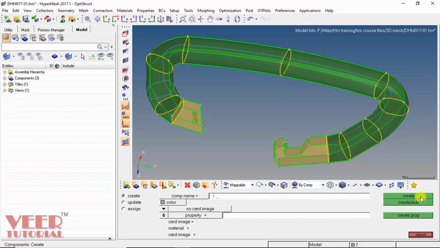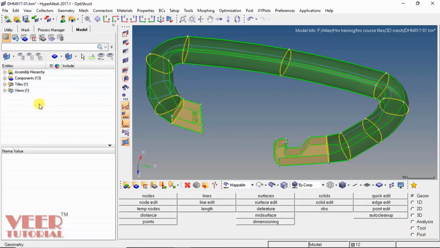Similarly, just keep on creating component 3, 4, 5, and then component number 6, 7, 8, 9, 10, 11, and then 12. So we have created 12 components, and then click on return.